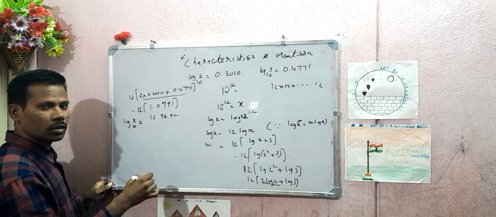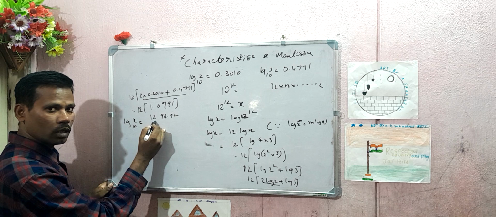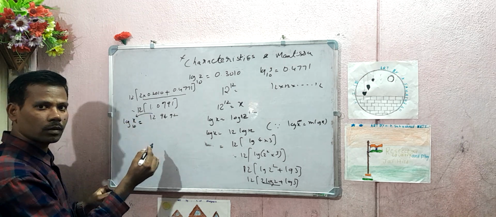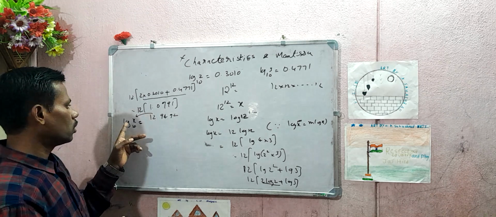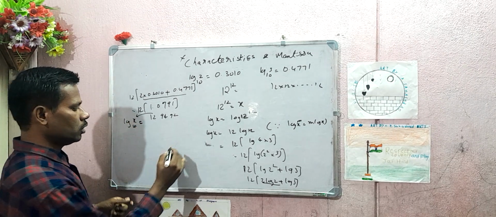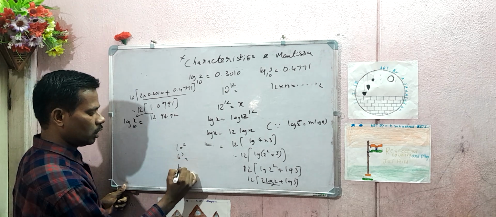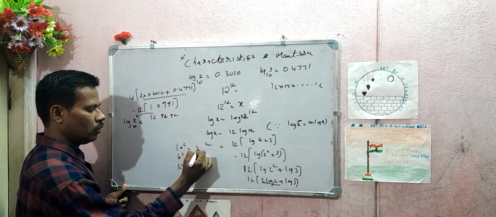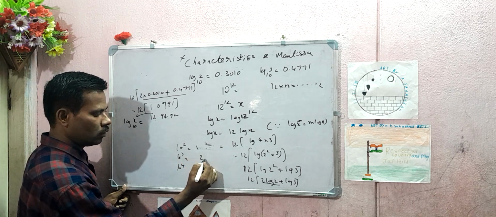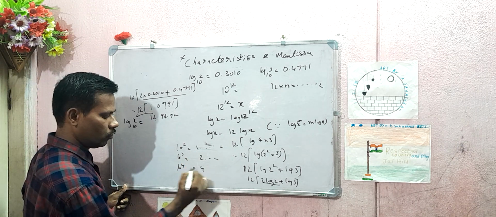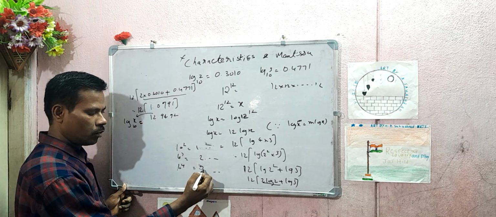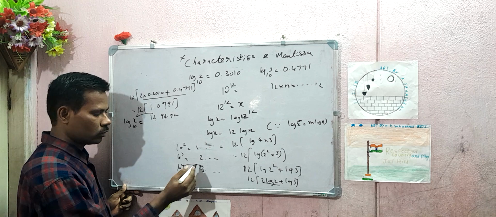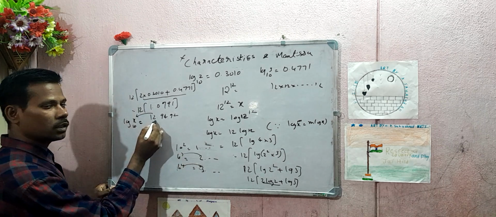Here what we discussed just now, characteristic. If the characteristic is 12, then what will the number of digits be? Can anyone tell? Just now I have discussed. Logarithm, if 10 power 2, 10 power 3, 10 power 4, what is the characteristic? 2. Characteristic of this will be 1 point something. Characteristic of 3 will be 2 point something. Characteristic of 4 means 3 point something. If the characteristic is 3, number of digits will be 4. Like that. So if the characteristic is 12,